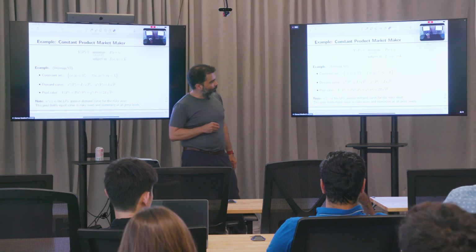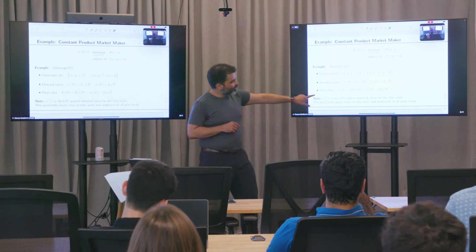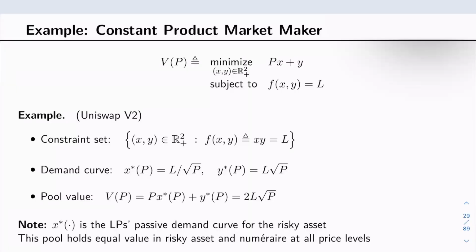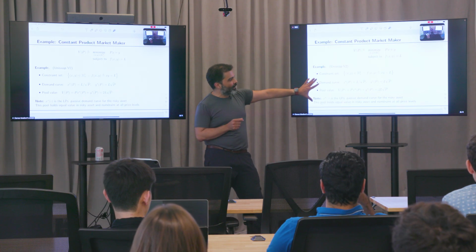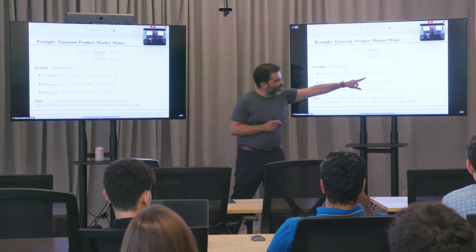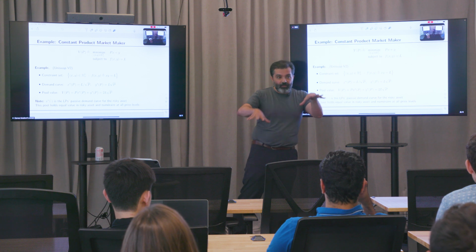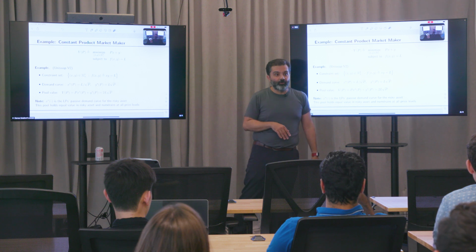Second point I want to make is that constant product market makers have this very interesting property that if you look at how much is held in the risky asset versus how much is held in cash, because the risky asset is valued by price P, if I want to value this in dollars, I multiply this by P, and it turns out it's holding the exact same value in dollars in the risky asset and cash. That's actually a really special property, right? And that's actually, I think, what makes this very nice. It's not that the constant product is a good formula. It's this behavior of balancing to hold the same dollar amount in two assets. That is a very nice behavior.